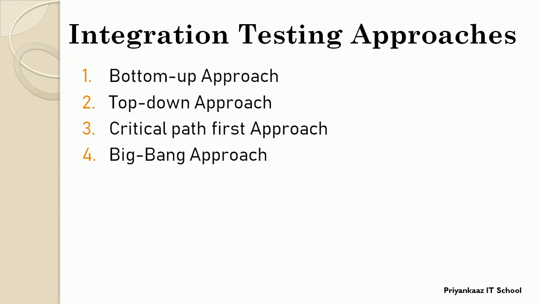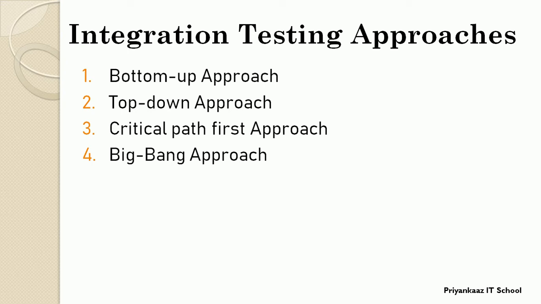But before going to understand this approach, let me explain the fundamental terms we use at the time of understanding these approaches. To understand them, first we should know the development flow. An application may have a variety of modules. In development, developer teams are responsible to develop these modules. Suppose team 1 is working on one particular module, and team 2 is working on another module, like this. Some modules are called main modules, some are called sub modules.